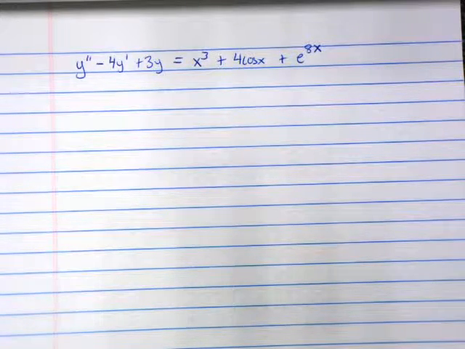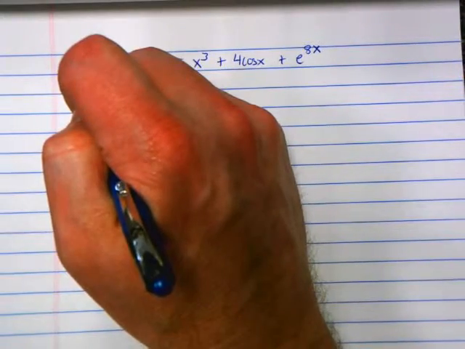The directions here would be set up the form of the particular solution, but don't actually find all the coefficients. So all you're going to do is write y sub p